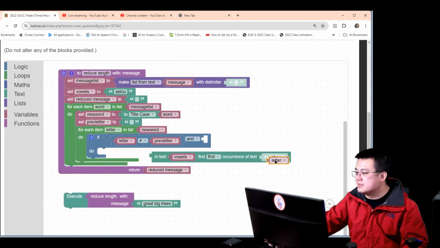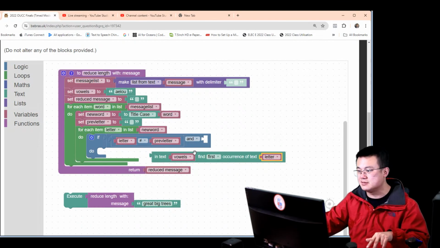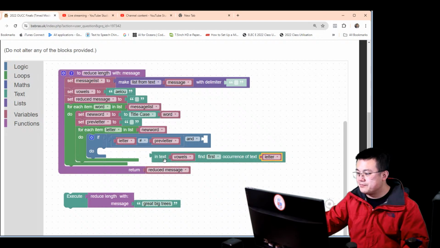So what's going to happen? If it is a vowel, then this whole block here will return a number. It will return the number 1 if it is the first letter of vowels, is it an A, or it will return 0 if it's not a vowel, right? So if this is equal to 0, then I add it to the reduced message. Okay, so if this logic is equal to 0, math 0, done, done,